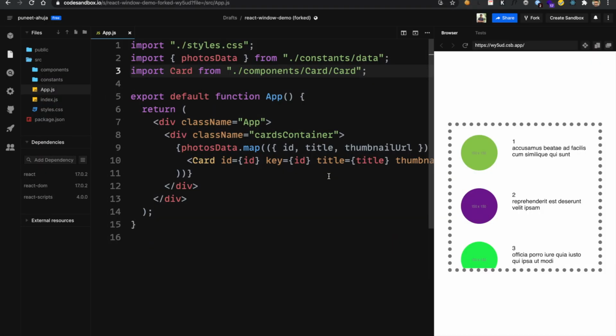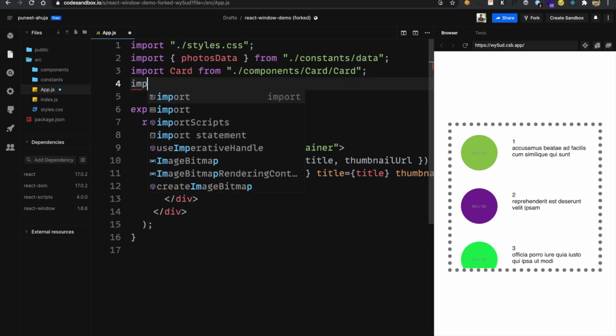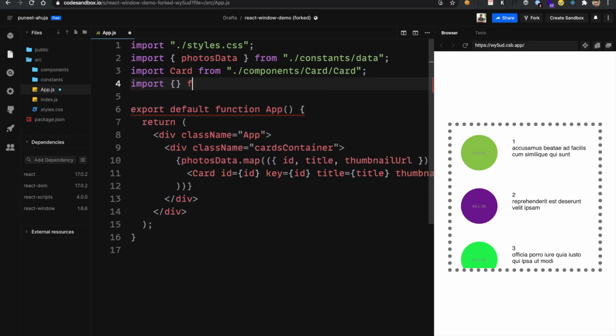Now, we will implement React window in the same example. I have created a clone from the initial setup so that we have a reference to both the initial setup and the final code. First of all, I will add the dependency React window. Now we will import FixedSizeList from React window.